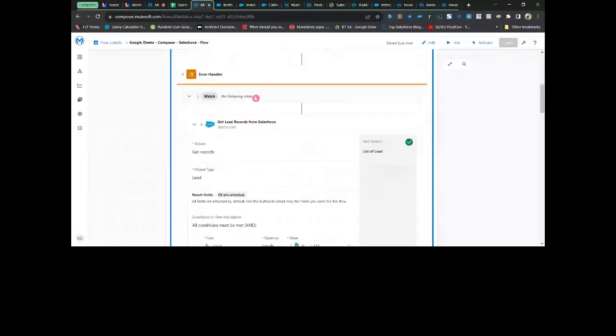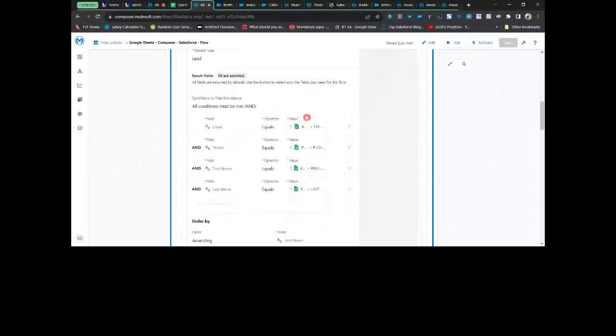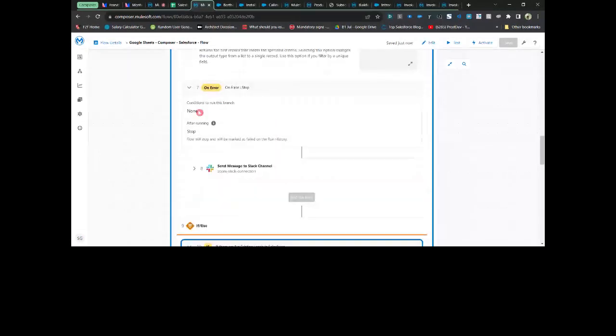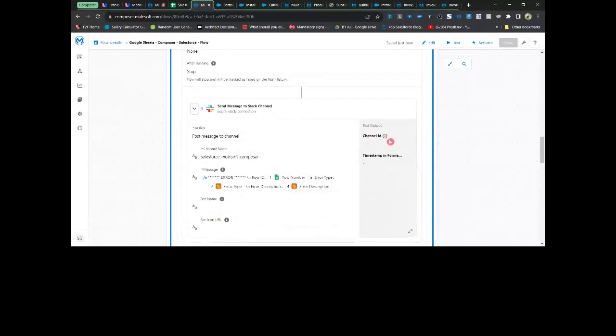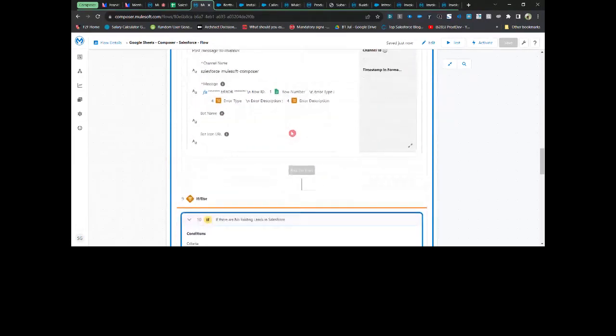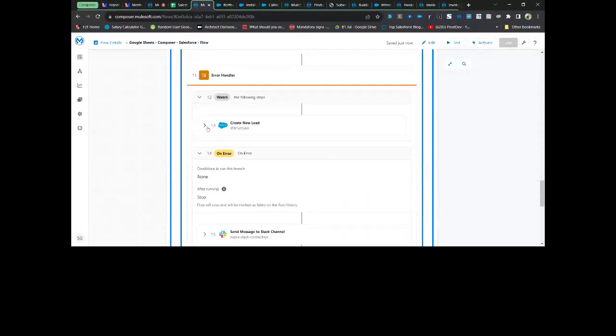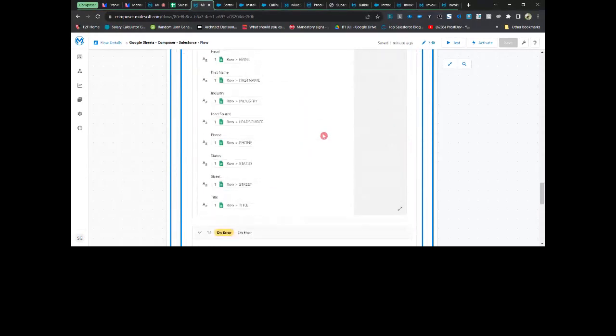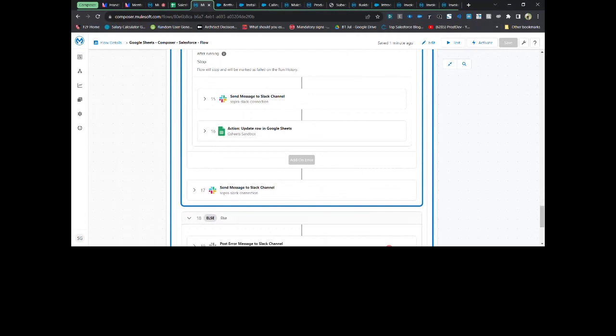So you can see the Composer has run. It got the lead records. It did not go to the error components, because there were no issues with those records. Then it created lead records in Salesforce with all the details. And then I can show you the Slack. This is my Slack channel, Salesforce MuleSoft Composer. You can see MuleSoft Composer has sent a message saying that a new lead got created, with the row ID, record ID, first name, last name, email, and phone. It gave the details in